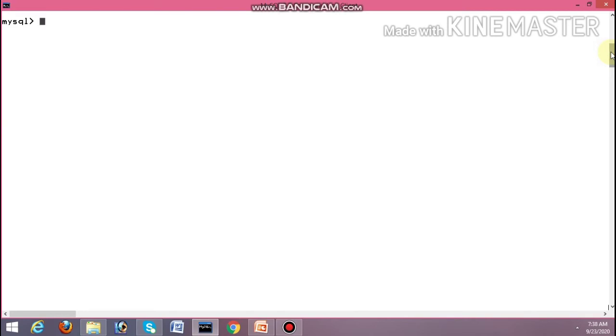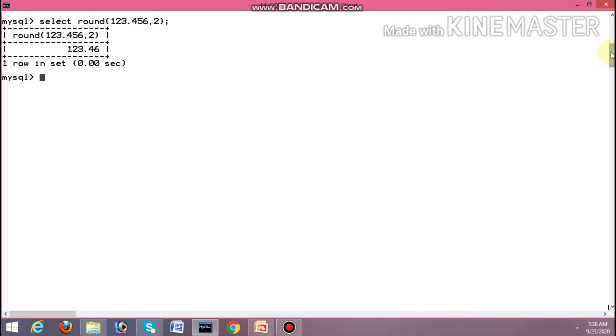Suppose select round(123.456, 2). What does it return? 123.46. Clear? If I use select round(123.456, 0), instead of 2 I put 0.